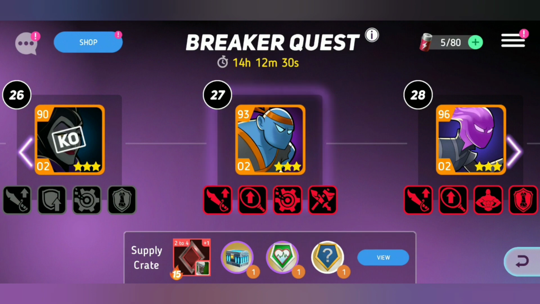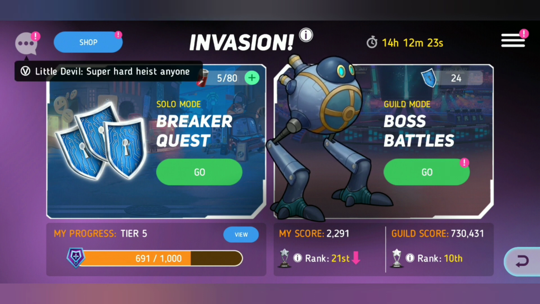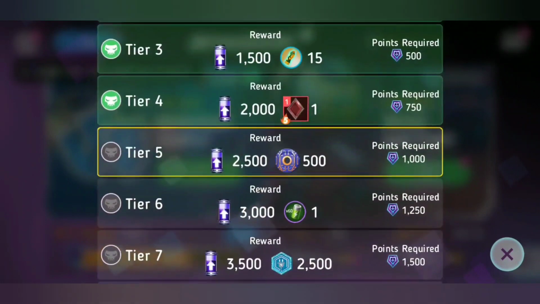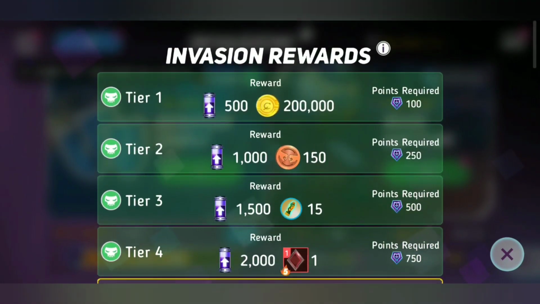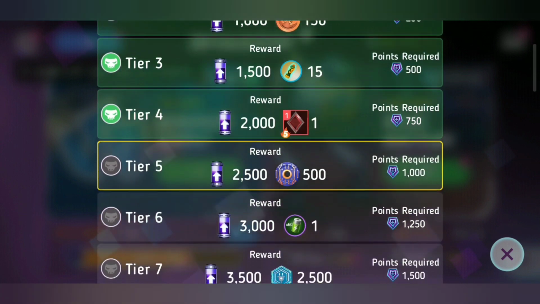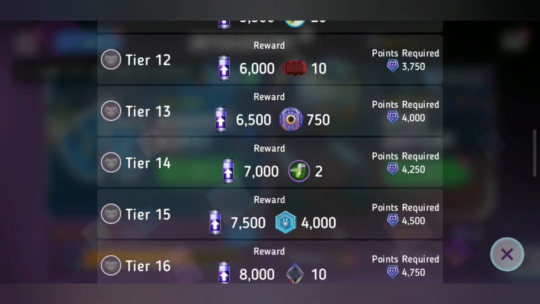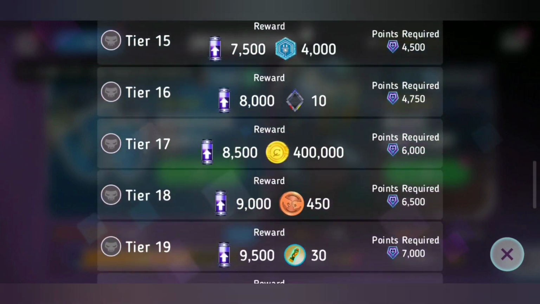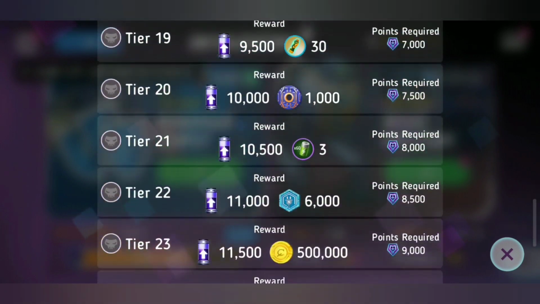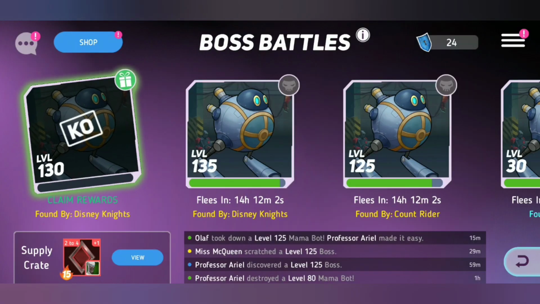And we're out of energy. No need to worry. We will get it with the boss battles. Now, if you see down here in the bottom left, there's my progress. You just click the tiny little view button. As you can see, you get rewards for how many points you acquire. So you can see lots of nice stuff here. Different money, different coins, different badges. All a bunch of good stuff. Now,